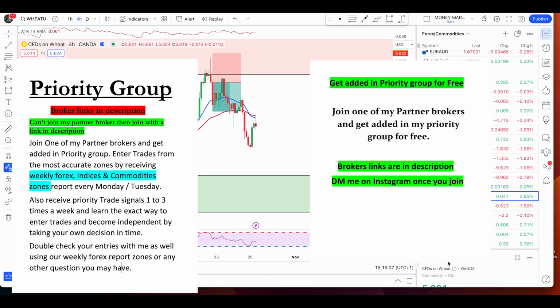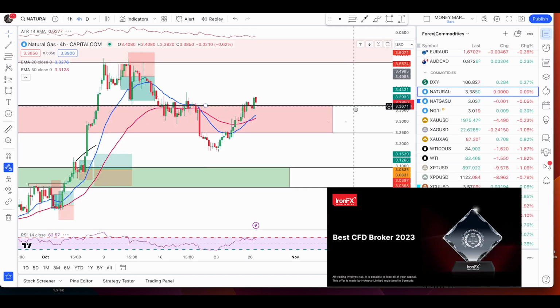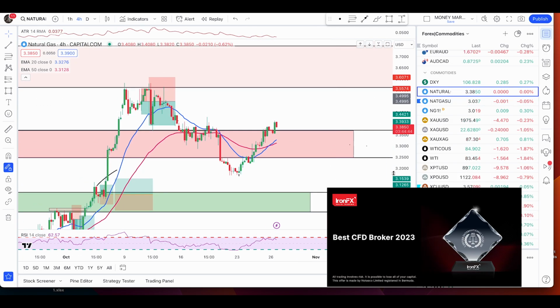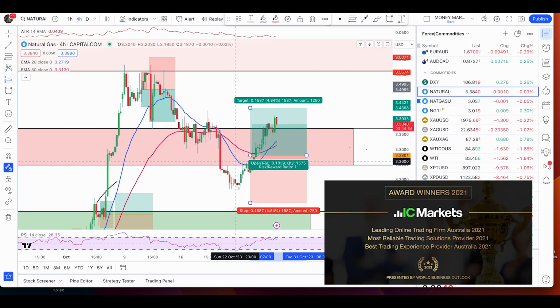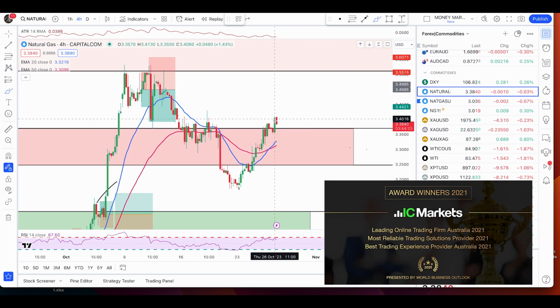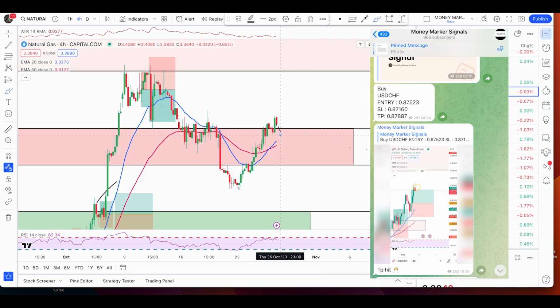Hey traders, a quick and early update here on nat gas, gold, silver and crude oil, starting with natural gas. So what's happening with nat gas? Right here, as you can see, the price is now pushing up and broke above the level of resistance that was a previous support. Exactly as yesterday, I just want to see a pullback,